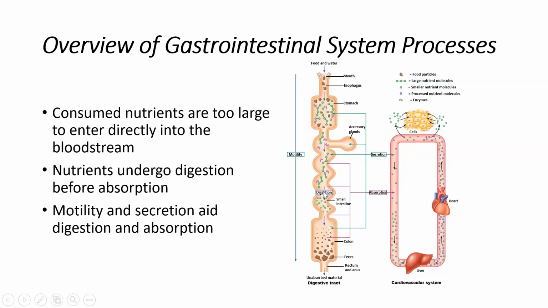That is aiding with digestion, so breaking those food particles into smaller pieces. And then that can be followed by absorption, moving those micronutrients across the GI tract into the vascular system, into the blood vessels. And then the rest of that can be eliminated as waste, whatever is unabsorbed